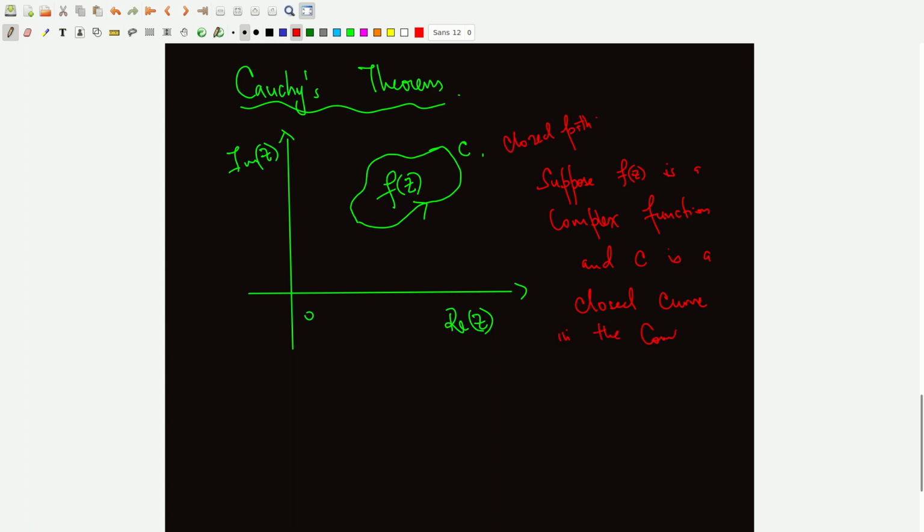If f(z) is analytic, some people go ahead and say that if it is holomorphic,